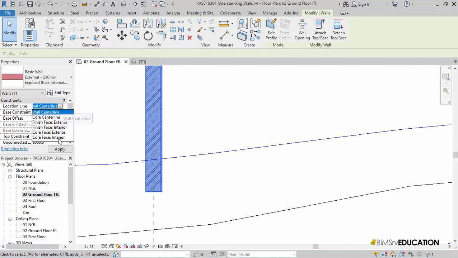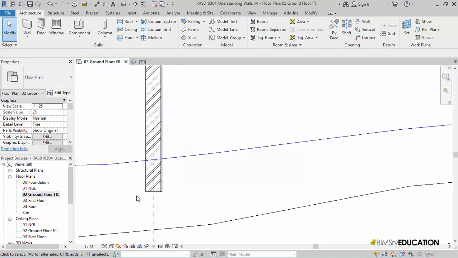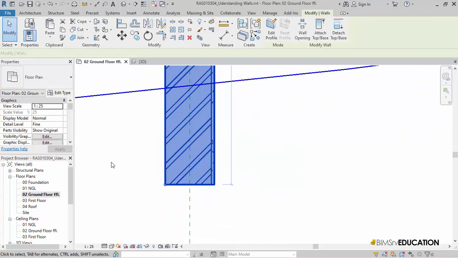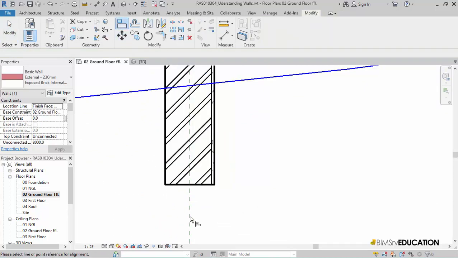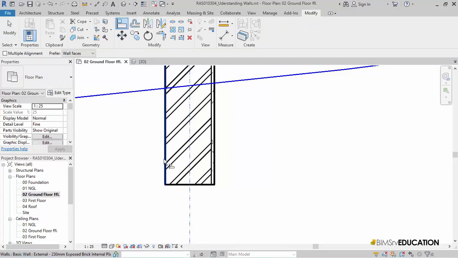Note this little dot on the outside face of the wall. This dot indicates the location line of the wall. We'll discuss the significance of this location line in a later lesson.